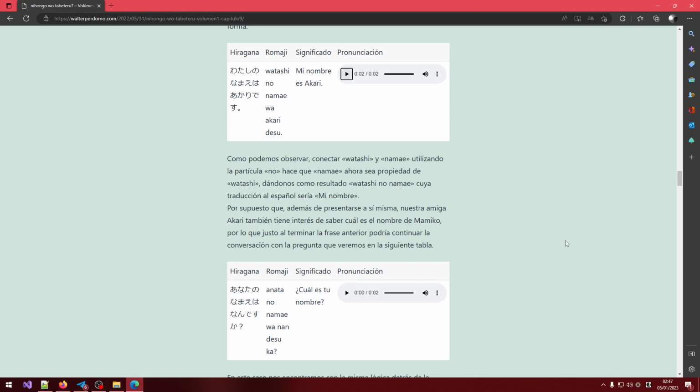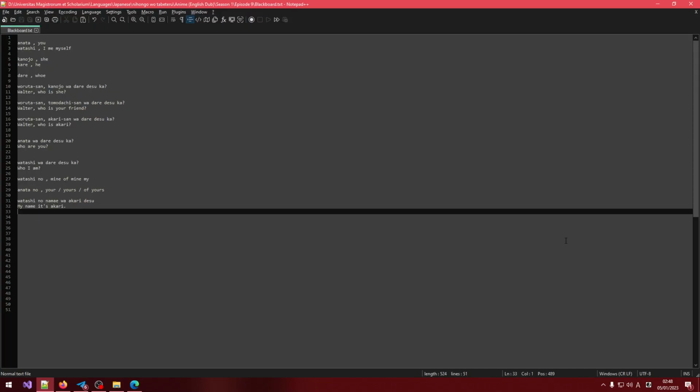This is now another example. In this question, another way. Let's say, for example, Mamiko asks Akari directly. She could ask this question. あなたの名前は何ですか？